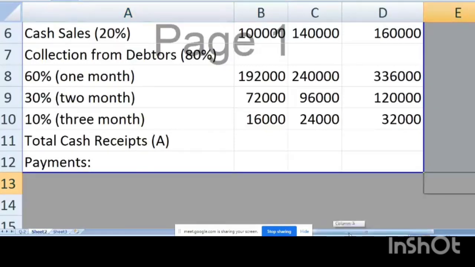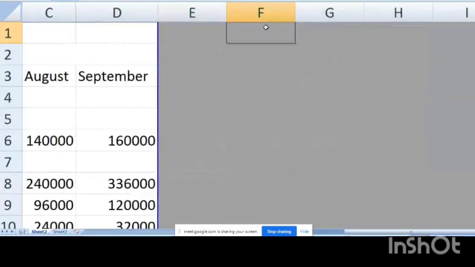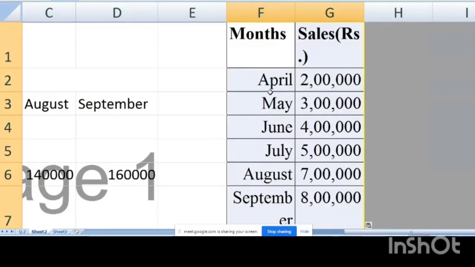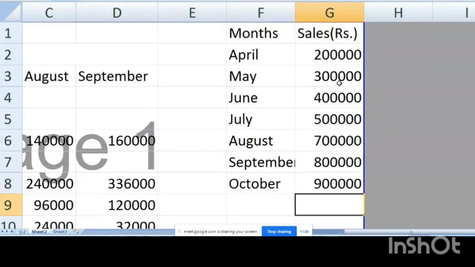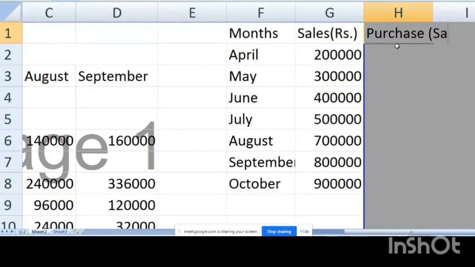Let's see how it is to be calculated. So these are the cells to us. Now I calculate purchase, which is 30% of the cells. 30% of the cells. So cells into